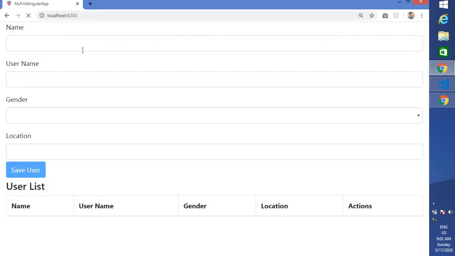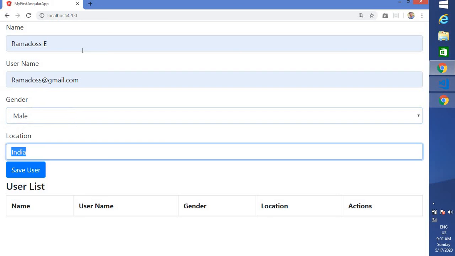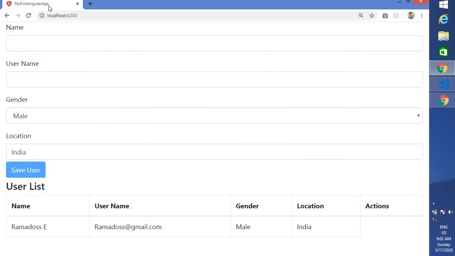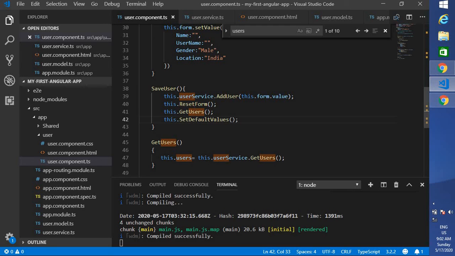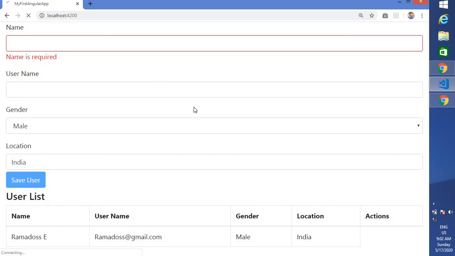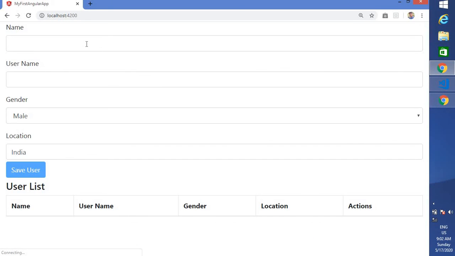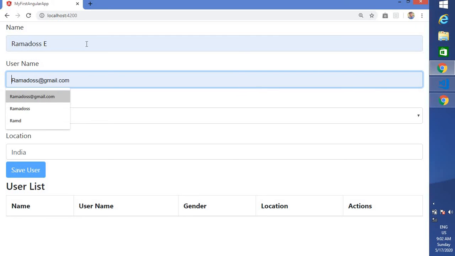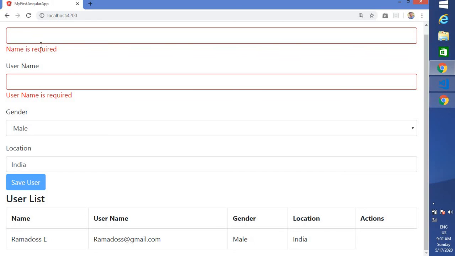Now first what we are doing: you are entering some values. Once you've saved it, you reset the form and you assign a default value for that. You can do it this way, and if you don't want to reset the form and just want to assign a default directly, you can ignore this one. If you are not required to reset in your application, you can use the default method directly.